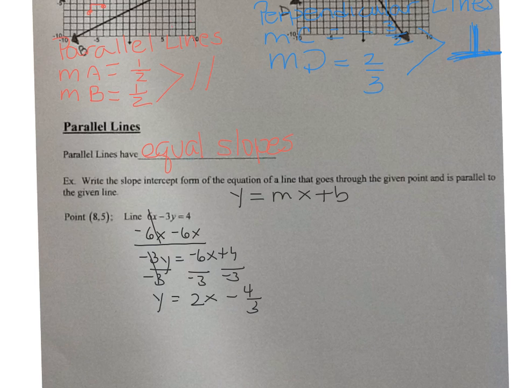So what is my slope here? My slope is 2, or 2 over 1. So my parallel slope has to be the same thing. In order for them to be parallel, I have to have the same slope, so it's going to be 2. So this is what I know so far, that using the form